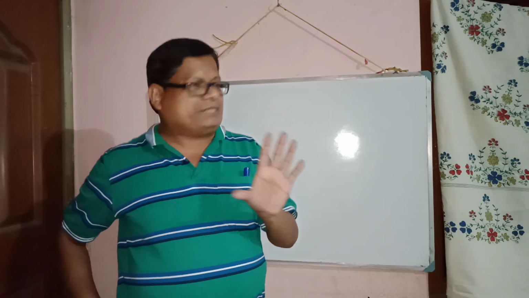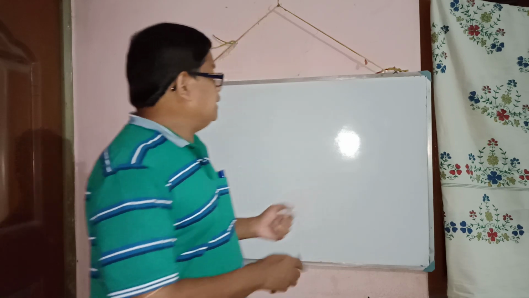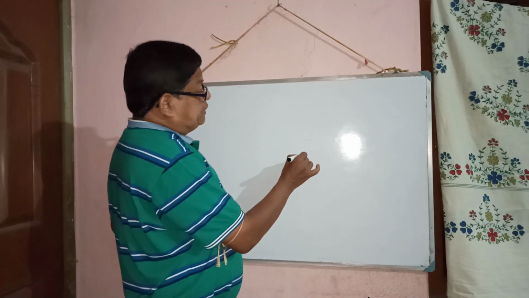Yes or no? All of you know the definition of a circle. Just I am explaining one thing. A point moves in such a way that the distance from the fixed point to the moving point is always the same. Then the locus of the point is called a circle.